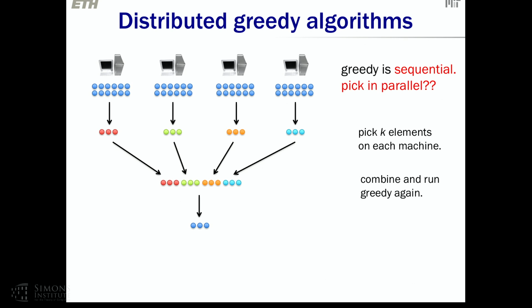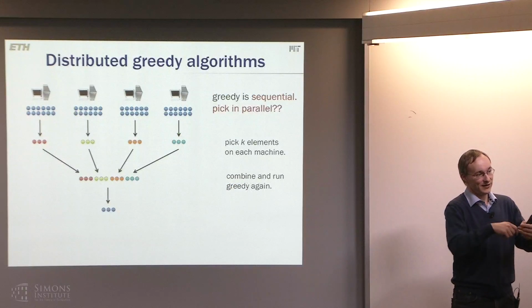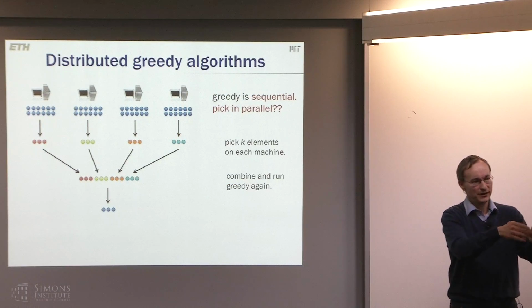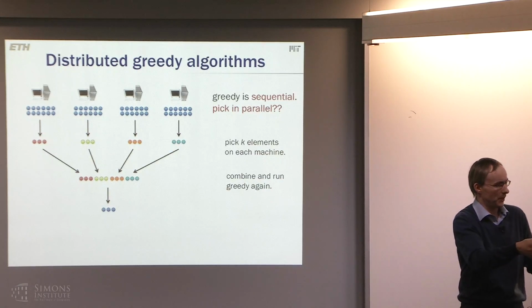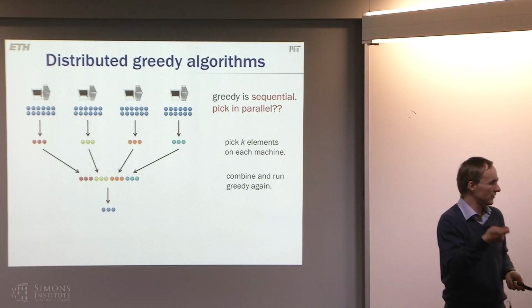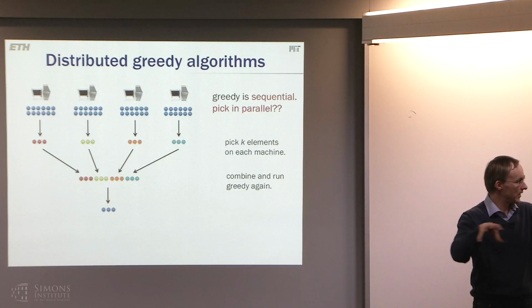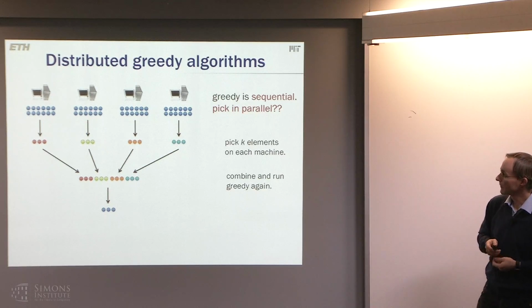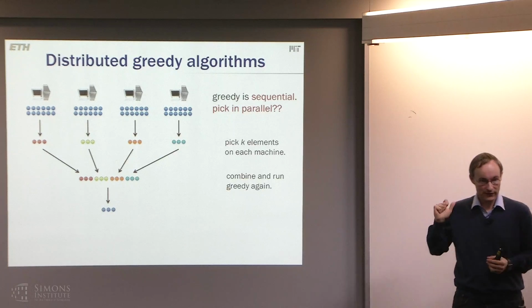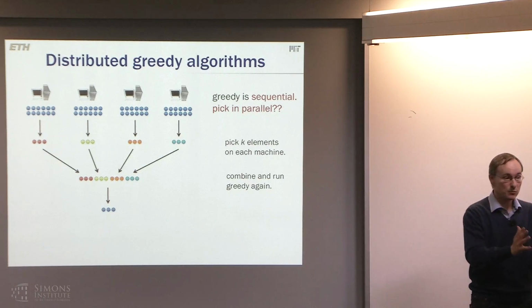And now one thing of course you could do is there's m machines, maybe each machine picks k over m elements, and in the end you merge them all together to get k elements back. This is easy to see that this doesn't work very well because they don't coordinate, right, and the systems are very independent. Now instead what you might do, as a simple modification, is just have each machine